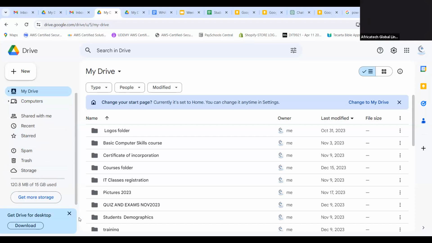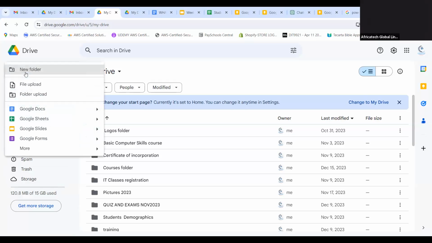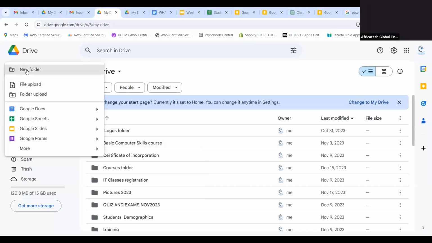Je veux seulement que vous explorez tout cela. OK? Maintenant, on va aller ici à New. Je vais vous montrer les fonctions. We are going here on New. Everybody just go on New. Click on it. Et vous allez voir, ouvrir un nouveau dossier. New folder. File upload. Folder upload. Google Doc, Google Sheet, Google Slide, Google Form. There's some more. But today, I want you to know what you can do with new folder.